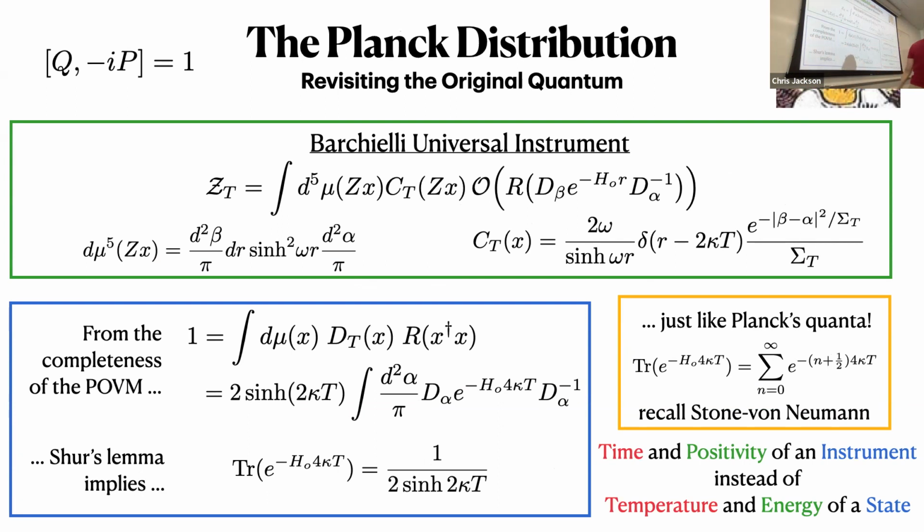Okay. Sorry. Okay, so here's me again saying you get a sinh squared in the rest of the Haar measure. Then you get this 2/sinh in the actual solution of your Krauss operator density. And if you apply completeness, right, you get this factor. Okay. So this beta, this whole Gaussian disappears because the integral over beta just absorbs things. And so actually the alpha dependence completely falls out. And so you're left with this. And by Schur's lemma, indeed, that is the trace. And you get the famous result you would get